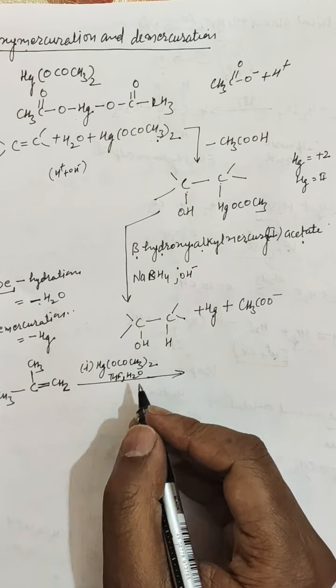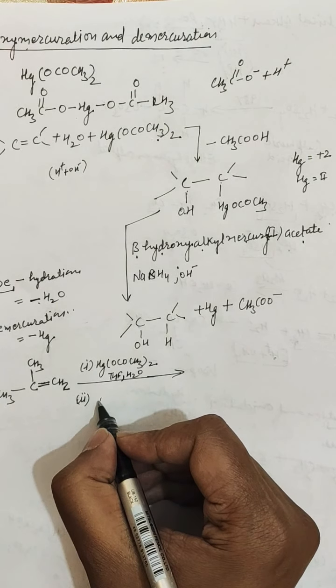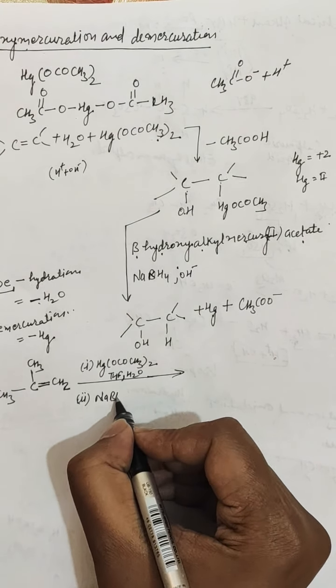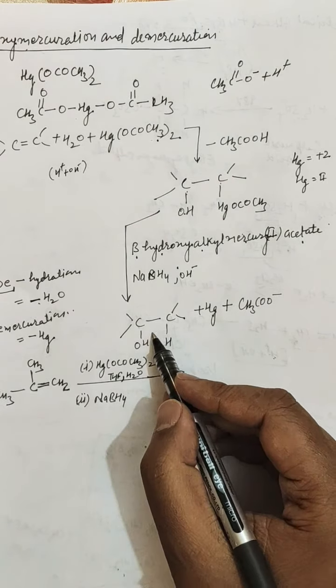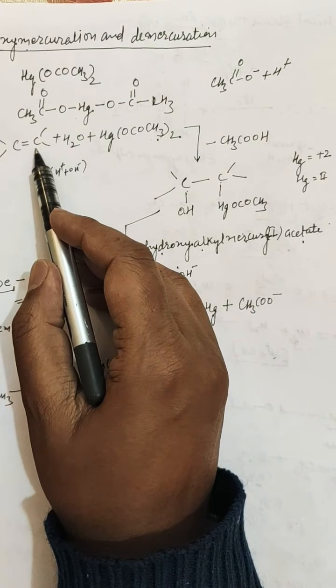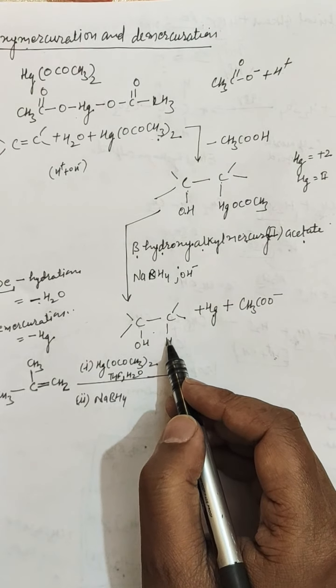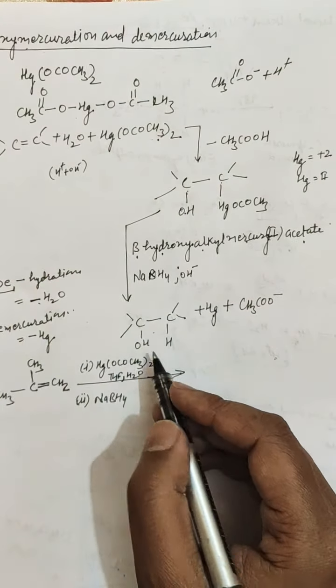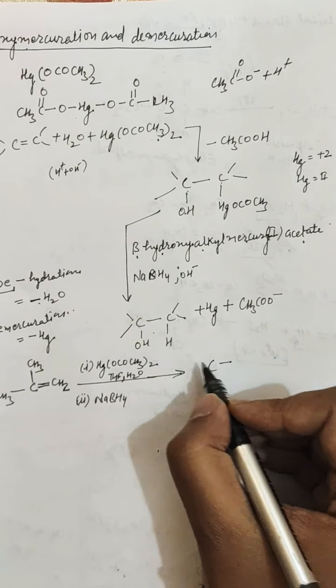So there was oxymercuration, and in the second step there was a demercuration reaction in the presence of sodium borohydride, NaBH4. So this will be the final product. We can see from here we started from this alkene, and at this double bond, at one carbon hydrogen is added and at the other carbon a hydroxyl group is added, and the product of this reaction is as per the